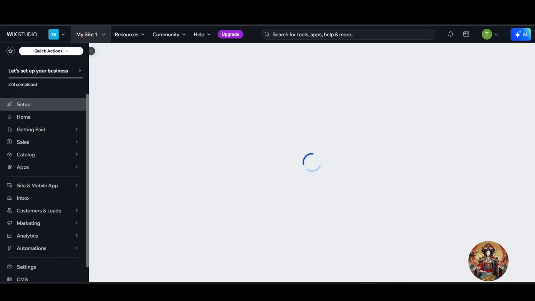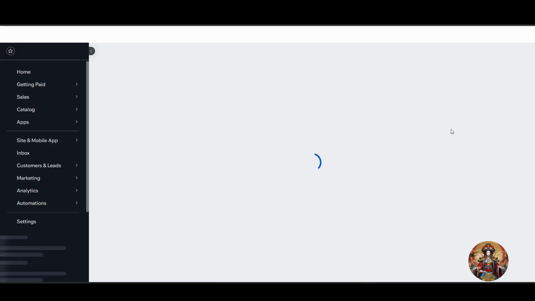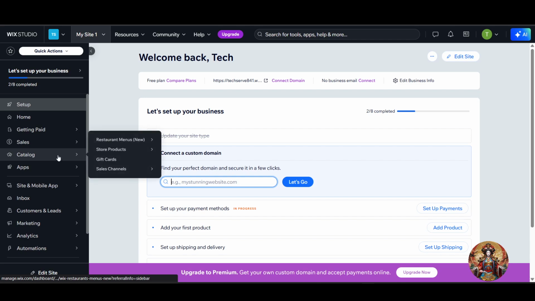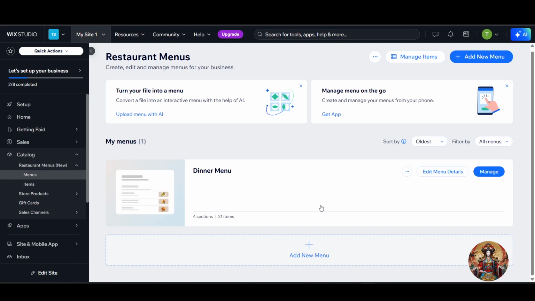and refresh it, so we don't get any errors. Now you have to go to catalog. In the catalog you have to go to restaurant menu and the menu. So there are two ways where you can add the menu. One is using this template, and the second one is you can create from scratch if you want,